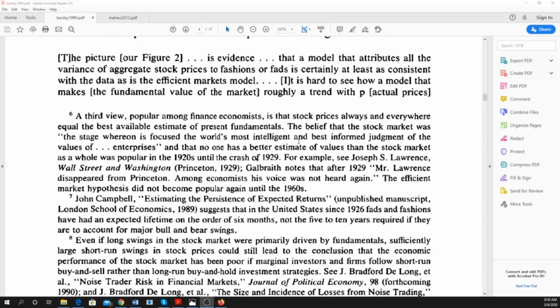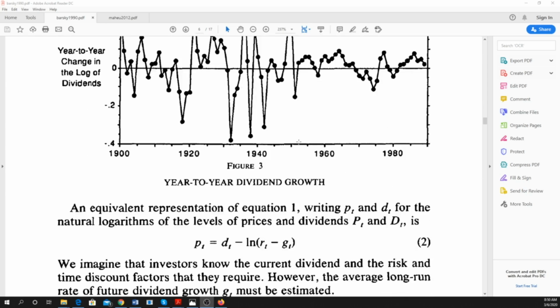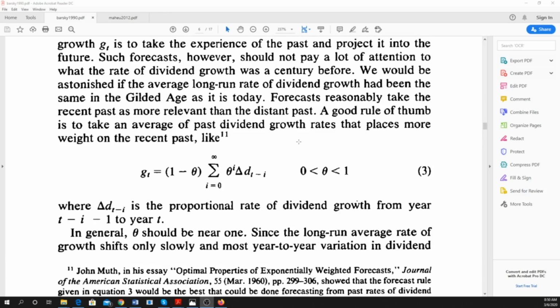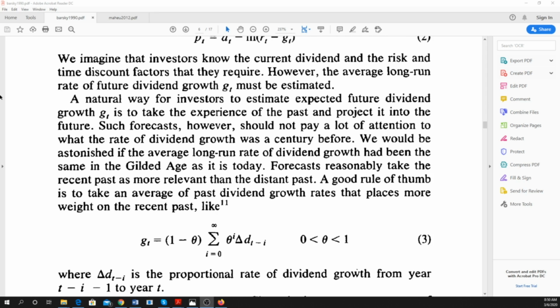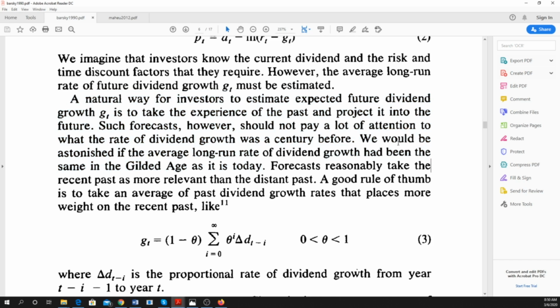Now, if we actually look at the crypto market, we don't have that, right? We are still new in this market. Now, what I would like to take you through is directly jumping into this article's page number 270. And if you read this area, you can actually understand one thing. What we do in this channel is mostly based on this idea of forecasting the future based on the previous price fluctuations. It is actually based on science.